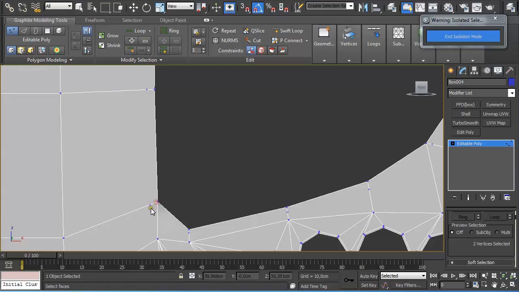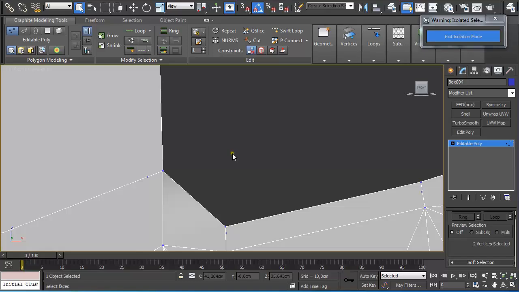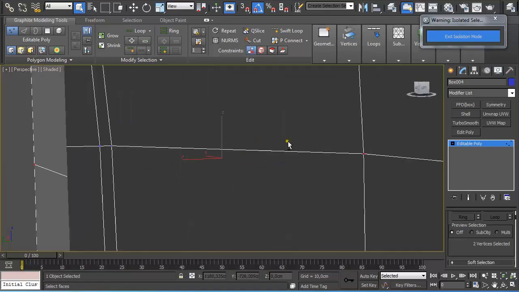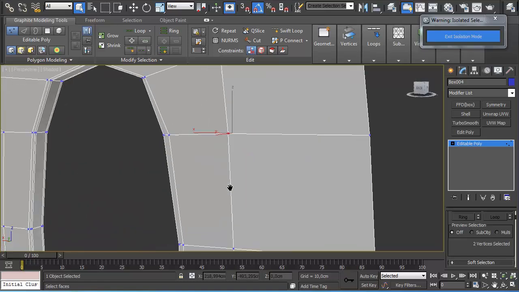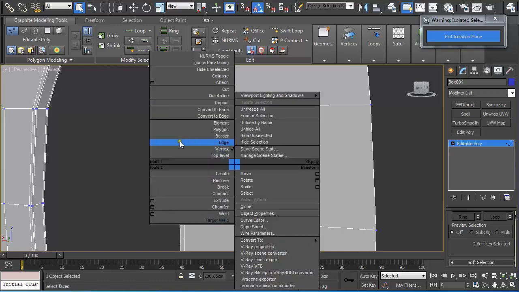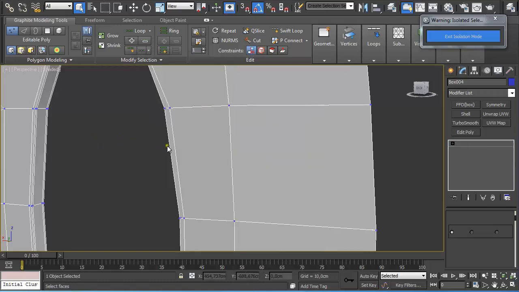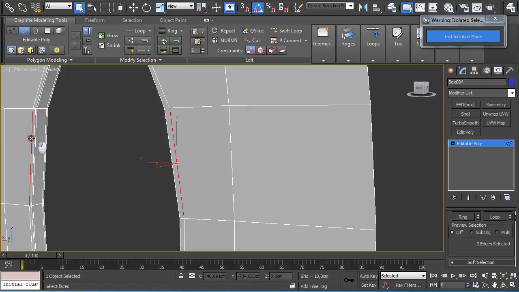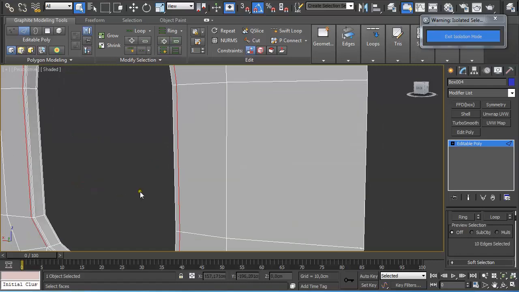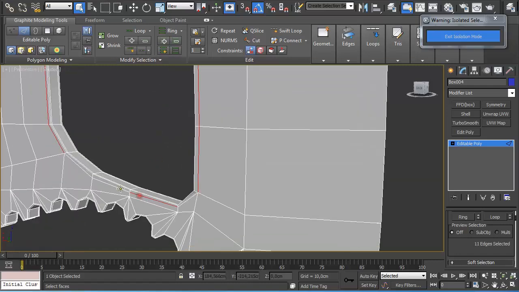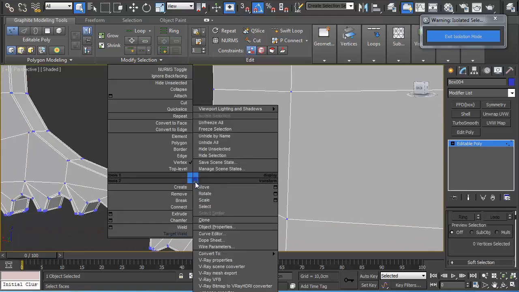Well, it left, no, this is on the underside. This is on the other side. No, come on. 2. Bam. I'm just holding Control and then Shift to select it, and